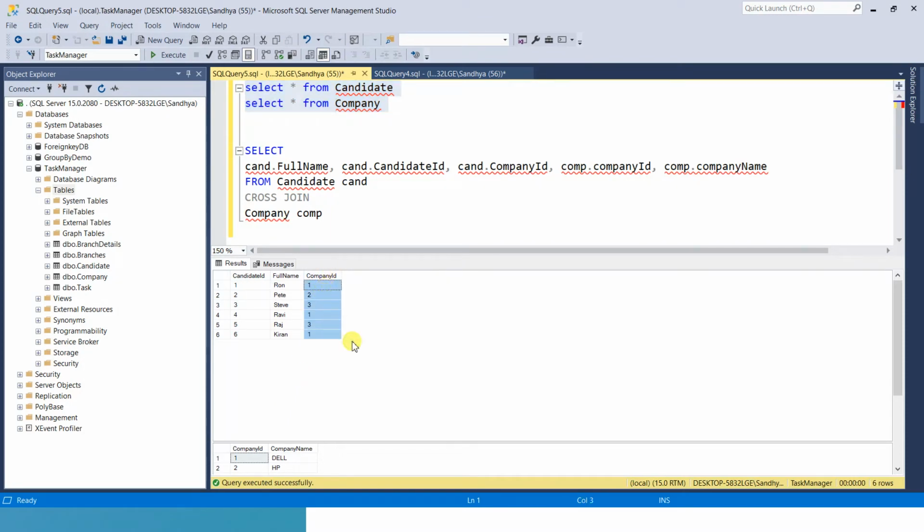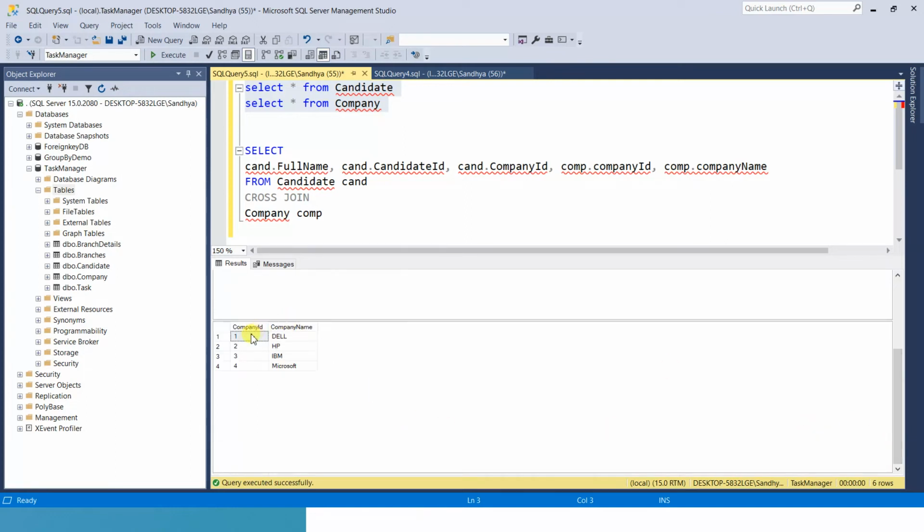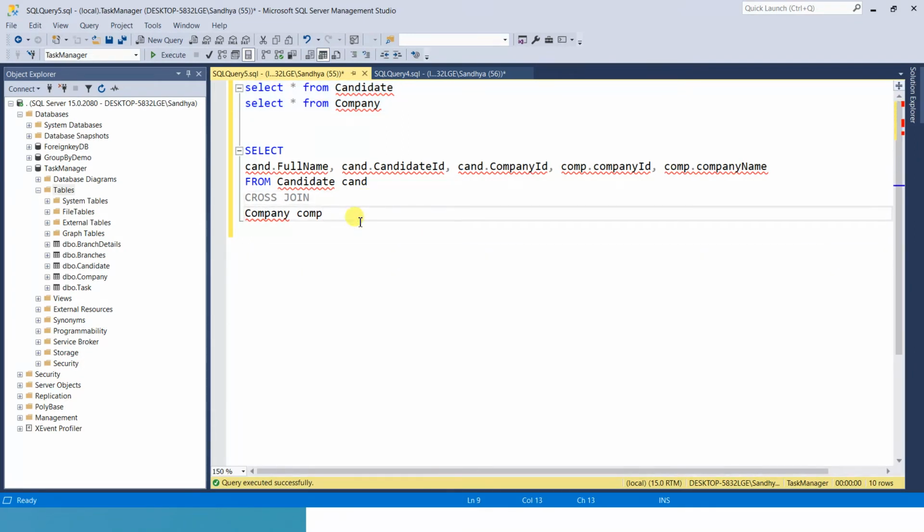In the candidate table the company IDs are 1, 2, 3 and 1, 3, 1. In the company table I have the records 1, 2, 3, 4. Now if I perform the inner join between the 2 tables, let's write the query first and then we will see what will be the output. The same query we will use, we will just change the join type here.